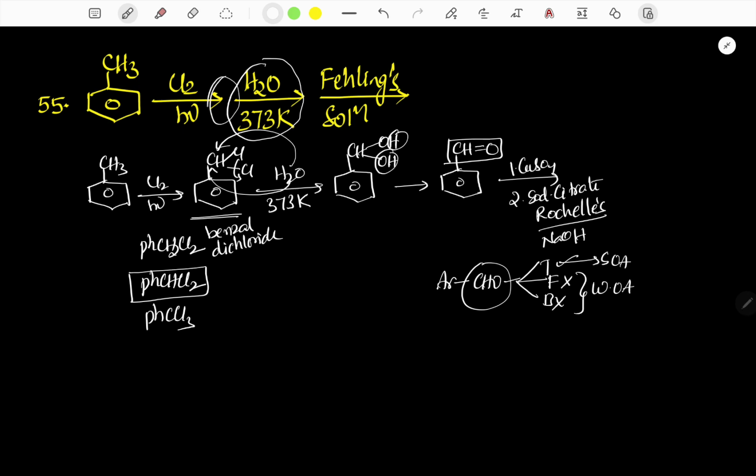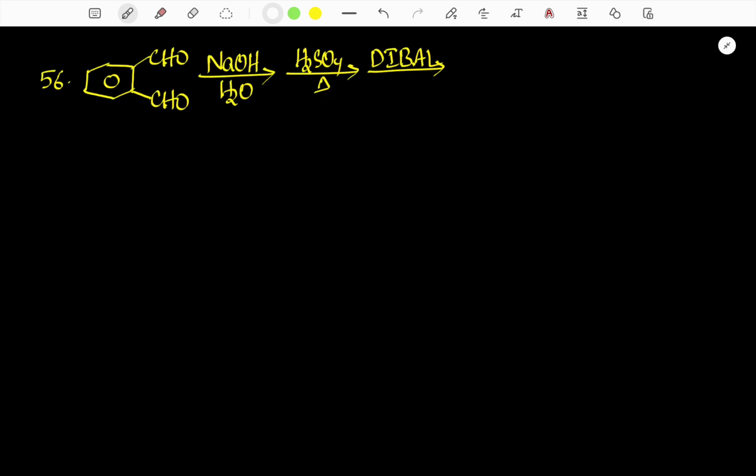The first reaction is free radical substitution, the second one is nucleophilic substitution, and the third one is no reaction. The reactant has 2 CHO groups. It is called phthalaldehyde. When phthalaldehyde is treated with the NaOH base,